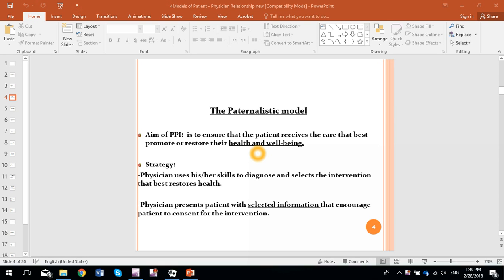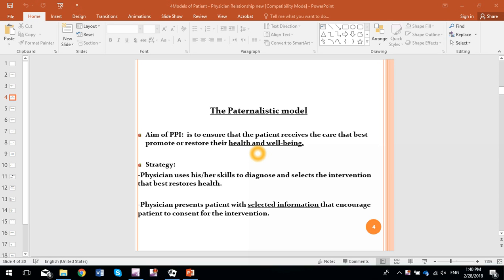Talking about the paternal model of patient-provider relationship, in this model, the aim is to ensure that the patient receives the care that best promotes or restores their health and well-being. This model is used with the aim that the patient receives the care that best promotes or restores their health and well-being. The strategy used